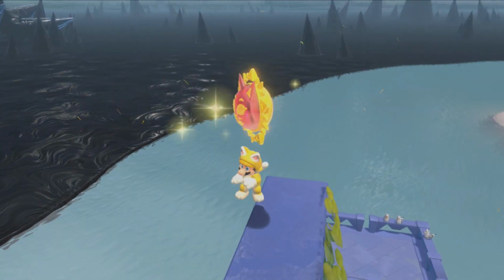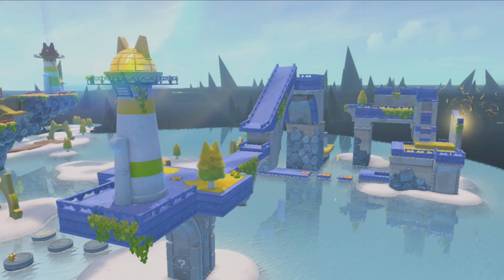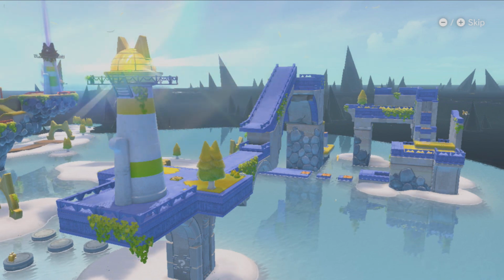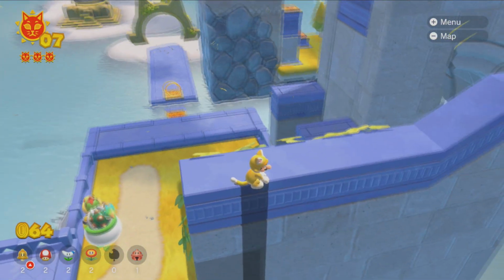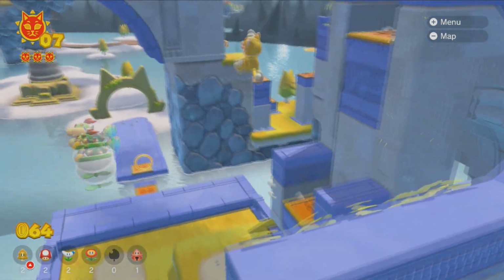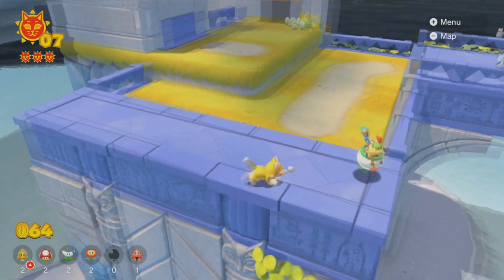Okay, there we go. So it's going to give us another cat shine. We are up to, I think 7 is what it said. Yep, okay, so we're up to 7. There are still 2 more shines for this level, but we're not going to get them quite yet. What I'm going to do next is I'm actually going to...